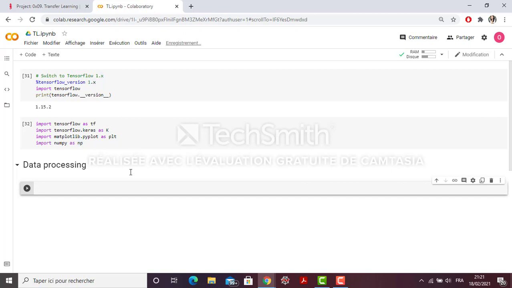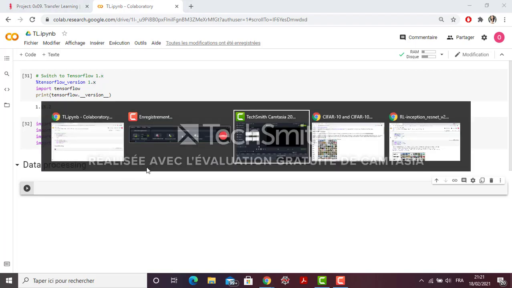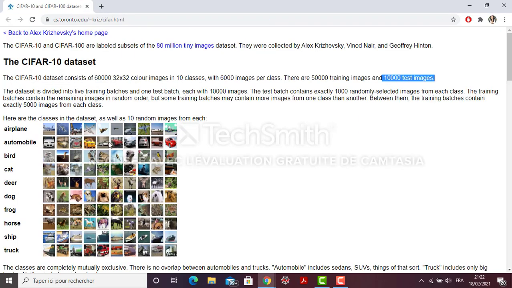Okay, so first of all, I'm dealing with the CIFAR-10 dataset, so I'm going to see what it's about. The CIFAR-10 dataset consists of 60,000 colored images. The size of each image is 32 by 32 by 3 because we have RGB colors.